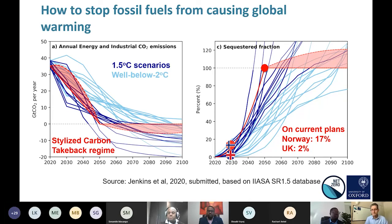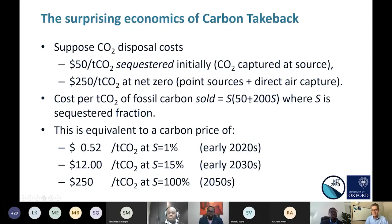So if we go to the next slide, we already had the comment that carbon capture is very expensive. Well, compared to the cost of dumping carbon into the atmosphere, it's not that expensive, in fact. We already have projects running today which show that you can capture and dispose of carbon dioxide safely and permanently for around $50 per ton. Now, as we progress to net zero, it'll get more expensive per ton of carbon dioxide to get rid of it,